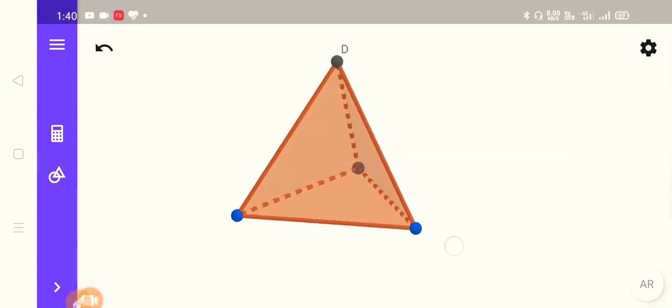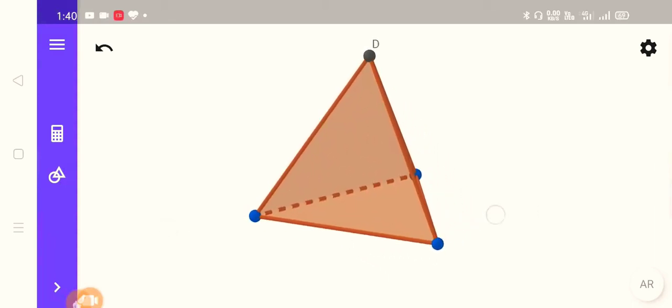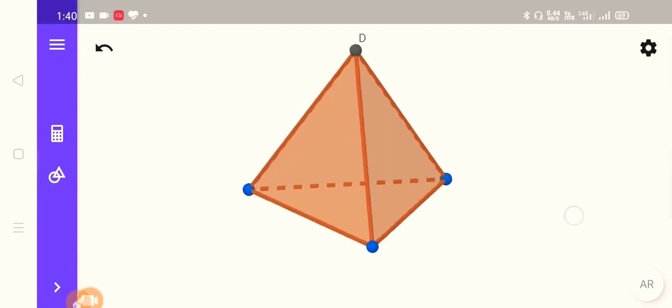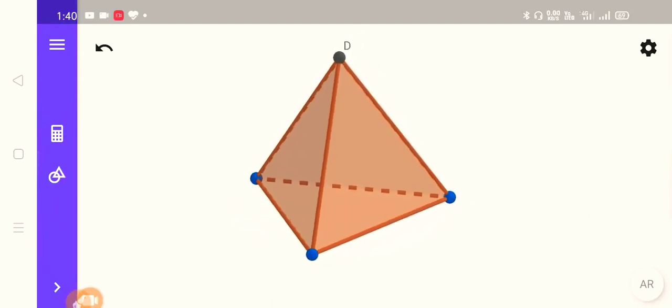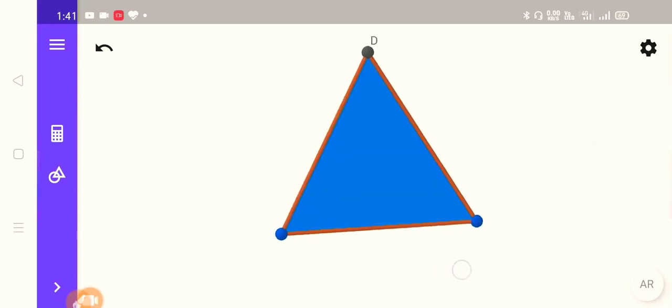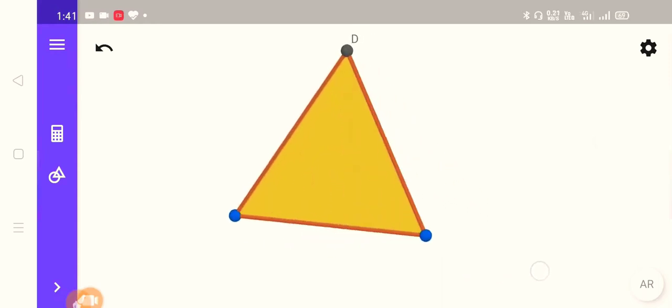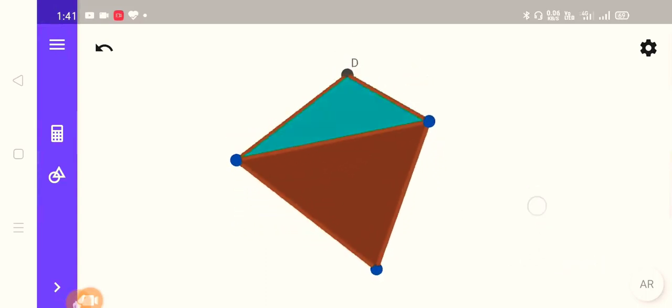First of all, this is a tetrahedral shape. This shape is called tetrahedral because it has four planes. Tetra means four and hedra means planes. Because this structure contains four planes, it is called a tetrahedral structure. Let us count the planes first. As you can see, first blue, then yellow, then green and red.